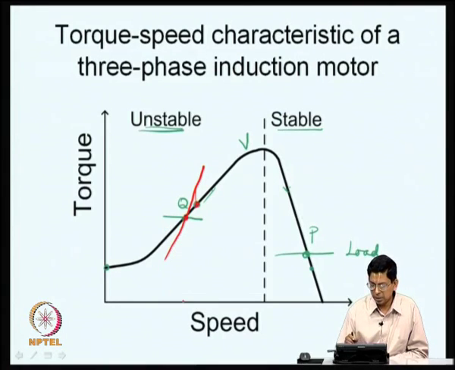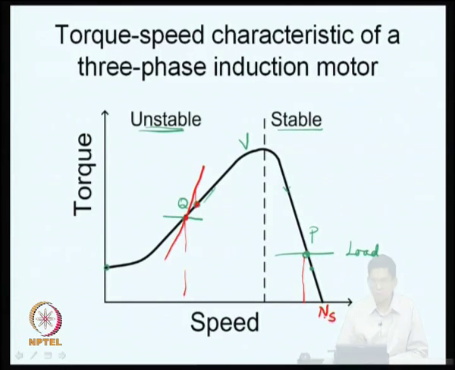if you look at, there is the slip of the machine. So, this is the slip here, and in this case this is the slip here at the point Q now. So, what is the slip now? This point is the synchronous speed. This point Ns is what is called the synchronous speed of the machine, that is, the speed of the synchronously revolving magnetic field that is rotating inside the machine because of the 3 phase voltages applied on the 3 phase stator winding.